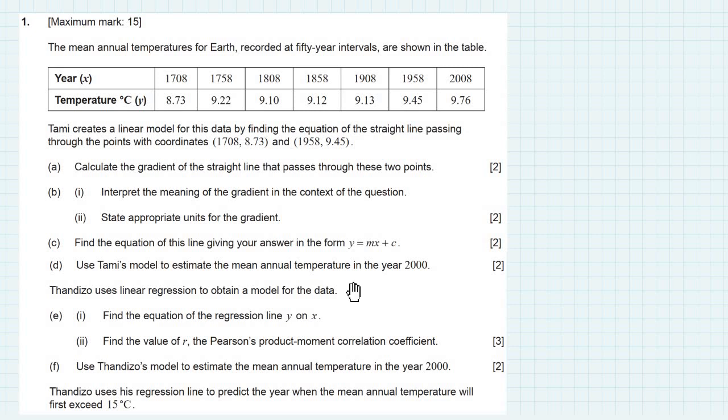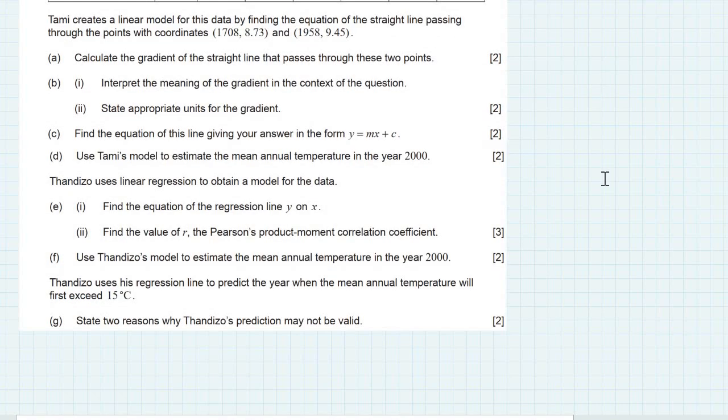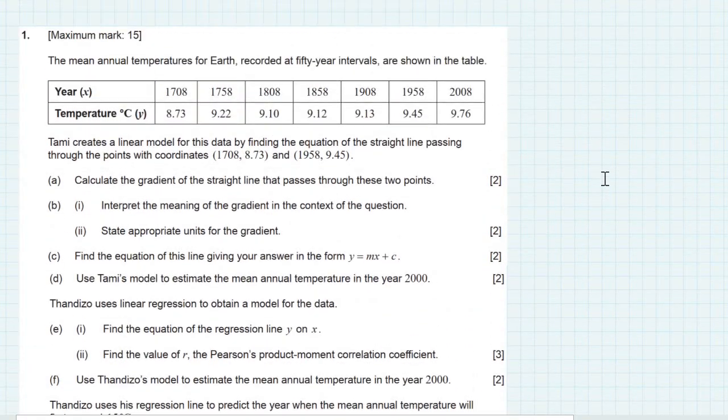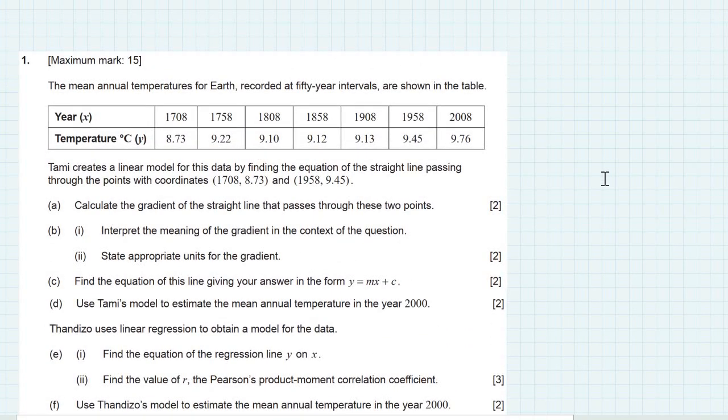Okay, good people, in front of us we have May 2023, paper 2, time zone 1, question number 1. You may pause the video and then try it yourself before we discuss it together. Okay, this question, for the first one, we have to calculate the gradient of the straight line that passed through